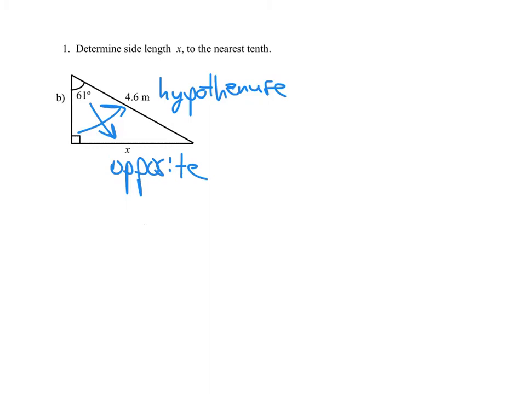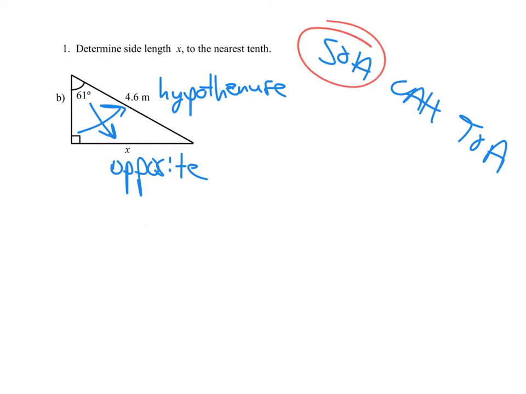And based on our trig ratios of sine, cos, and tangent, we consider which ratio, the sine, cos, or tan ratio, involves the opposite and the hypotenuse side length. And we notice that that's the sine ratio. It has an opposite and a hypotenuse. Okay, so let's set up our fraction,